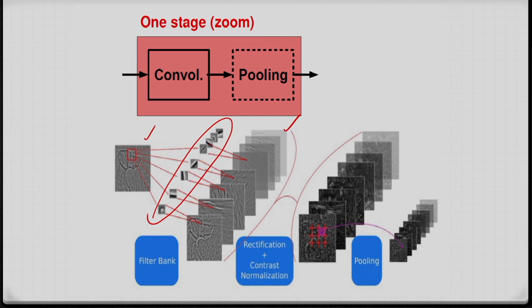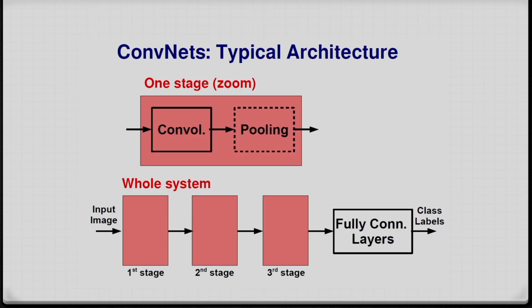After this we can consider the activation function. The activation function I can consider is ReLU, and after this we can apply the pooling operation. We can apply the max pooling operation or maybe the average pooling operation, and after applying the pooling operation I will be getting the outputs. So the output will be this. So this is one stage, considering the convolution layer and the pooling layer. And if I consider a typical architecture of the CNN, the convolutional neural networks, you can see we may have a number of stages. So maybe the first stage is convolution pooling, again convolution pooling, convolution pooling.